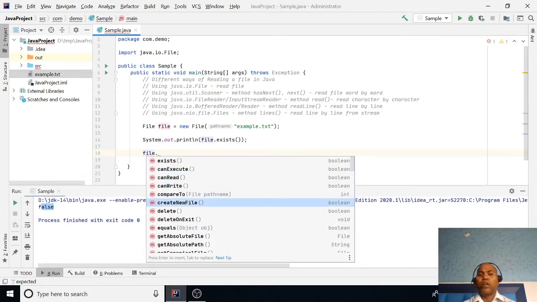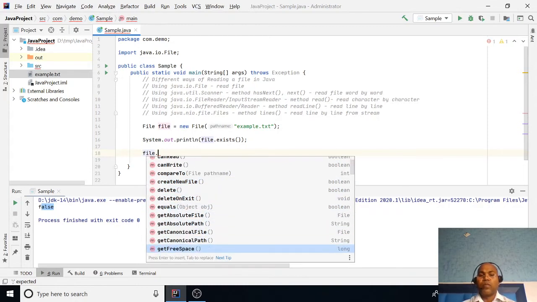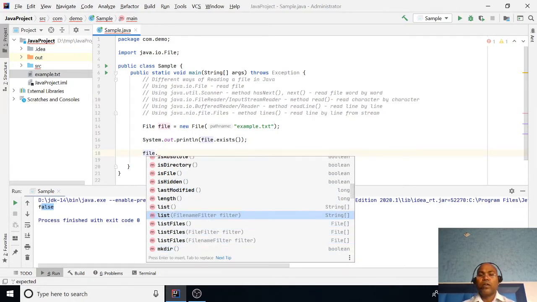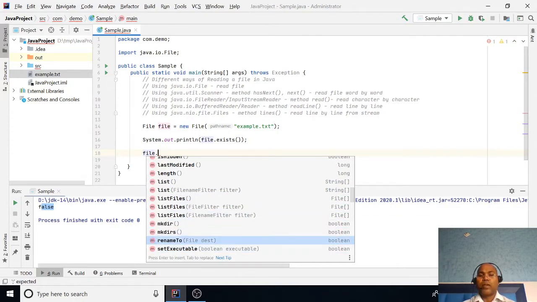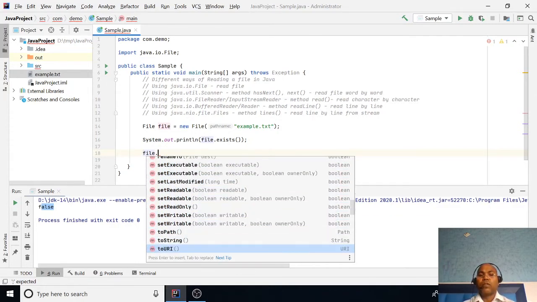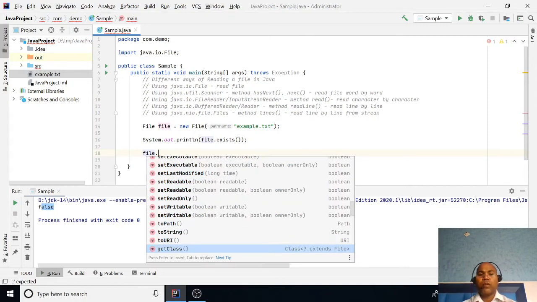You can create a new file from the File class, you can delete a file, equals, and multiple APIs are available: get name, get parent, get path, to URI, hash code, is absolute, is file, is hidden, length, list, list of strings, list files, make directory, rename the file. Multiple functions are available here. Okay,